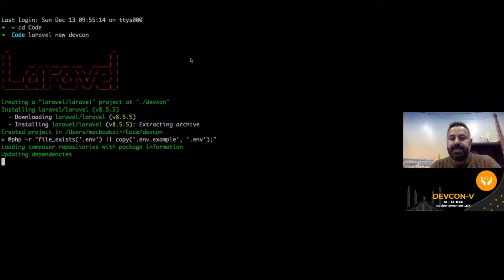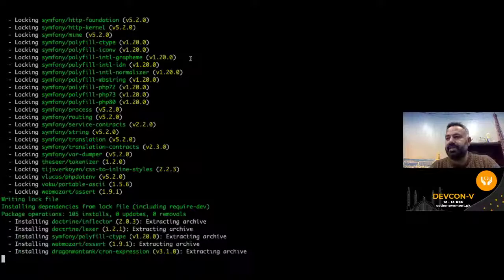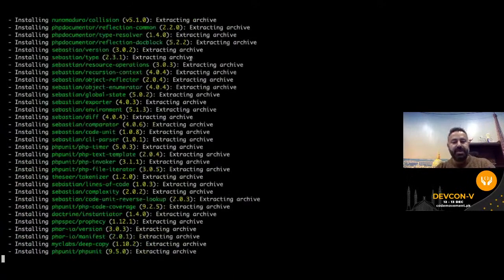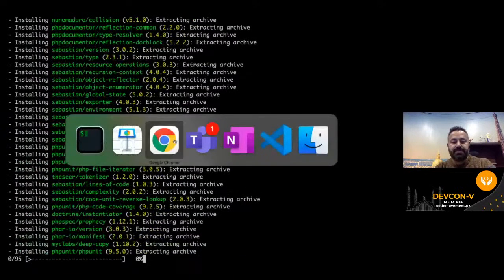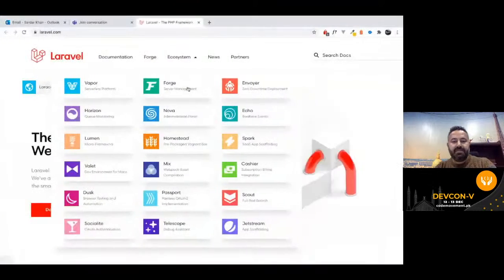Composer is a PHP dependency manager, and of course, you cannot go to your terminal right now and do laravel new DevCon. You actually have to do a few steps further, like installing Composer and so on. So if you go to the Laravel documentation,